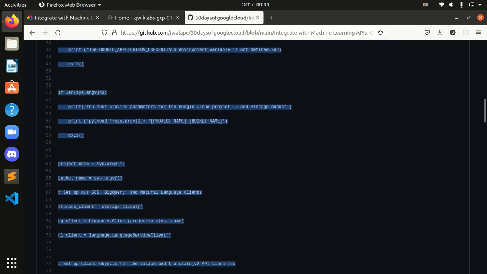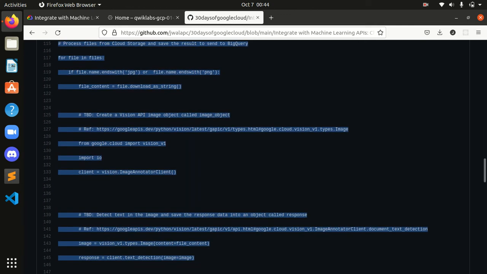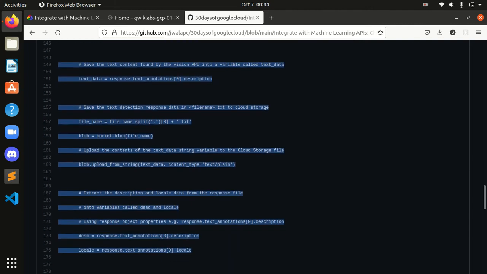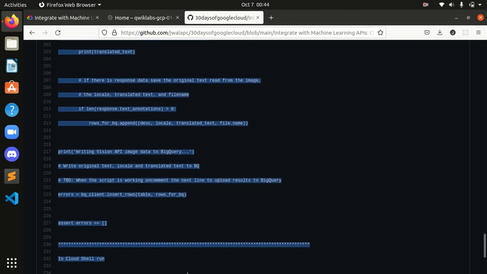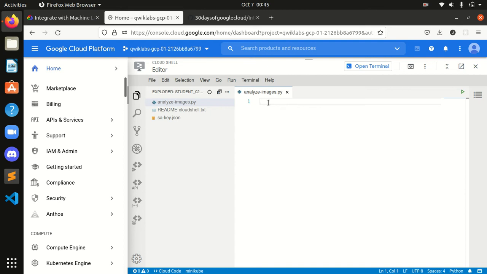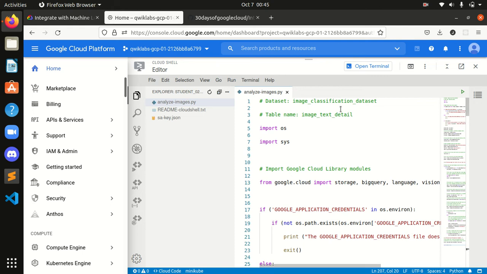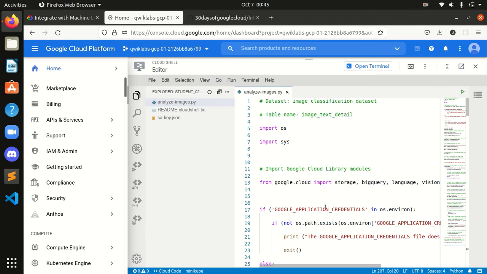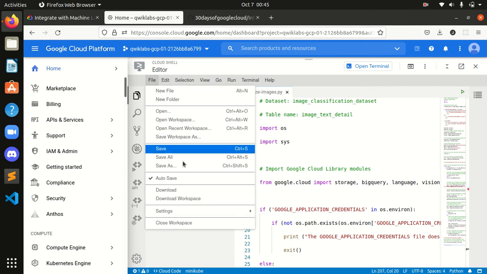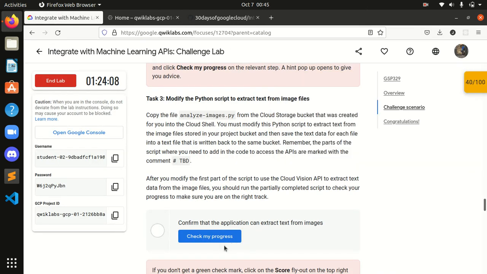Okay, no need to worry, guys, just go on. Copy everything and simply come to our editor and paste everything as it is. You don't have to do much more, guys. After that, go to File and click on Save All, and you are done. We have saved everything. For assurance, click again on Save All. Okay, done. We are done with this also, and let's check it.